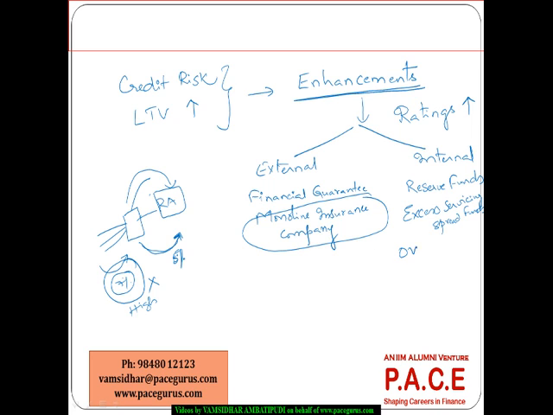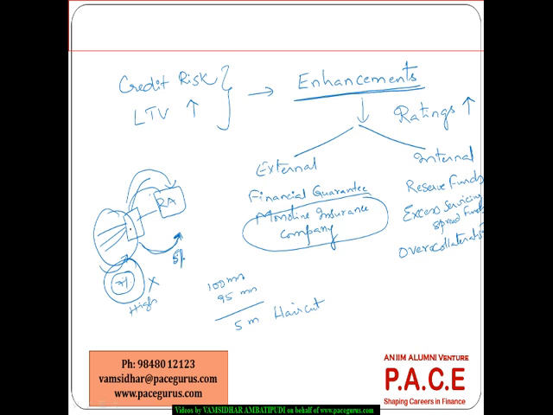And in some cases, one of the better ways of internal enhancement is over collateralization. The ABS or MBS is issued, see, let's say the worth of all the properties here is 100 million, and the MBS is issued only for 95 million. A 5 million haircut is being observed. So the worth of the collateral is much more than the worth of the MBS or ABS that is issued.